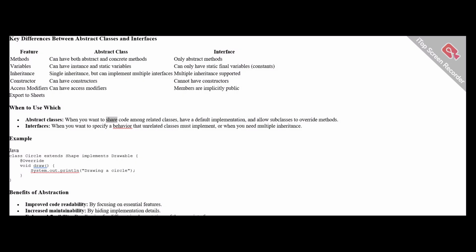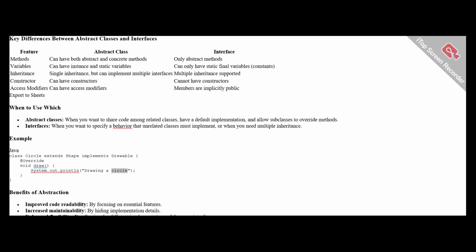When to use which. Abstract classes, when you want to share code among related classes, have a default implementation, and allow subclasses to override methods. Interfaces, when you want to specify a behavior that unrelated classes must implement, or when you need multiple inheritance. Example. Java. Class Circle extends Shape implements Drawable. @Override Void draw()